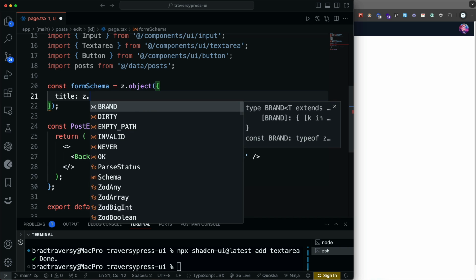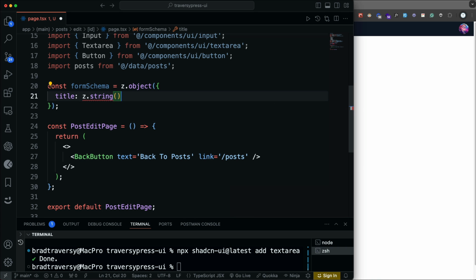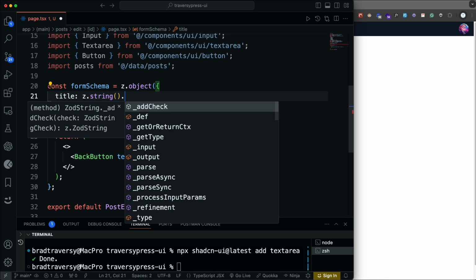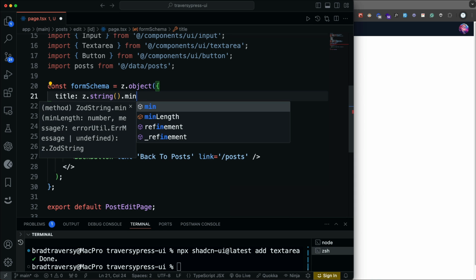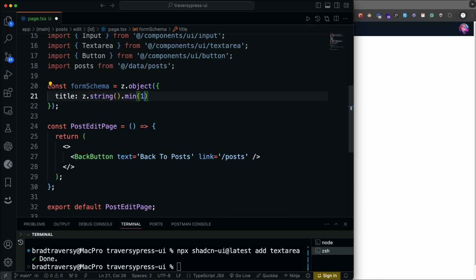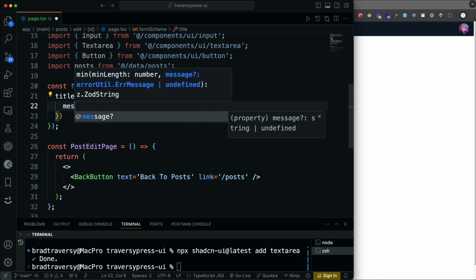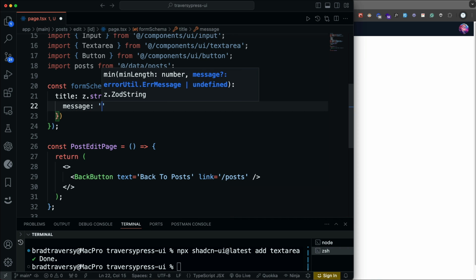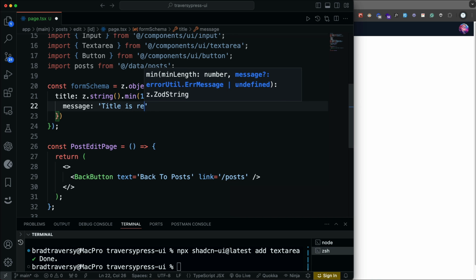We want to set that to z.string because that's going to be a string, and then we can do any rules we want. Now I want these to be required, and you used to be able to do, I forget what the required one was, but it's deprecated. So now I guess you just do min, and we can say minimum of 1 character. Then we can have an object after that and add a message,